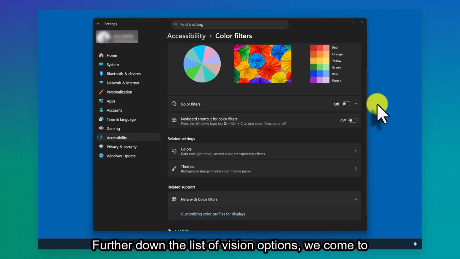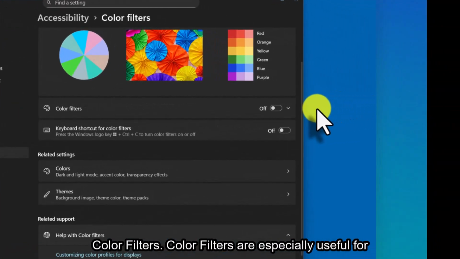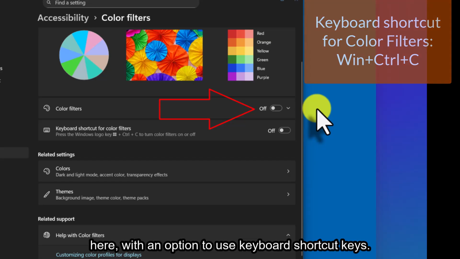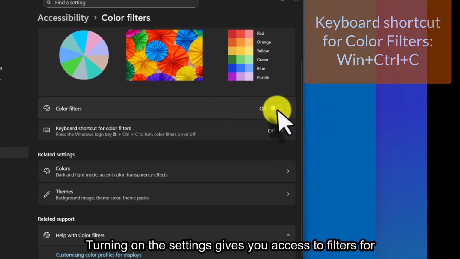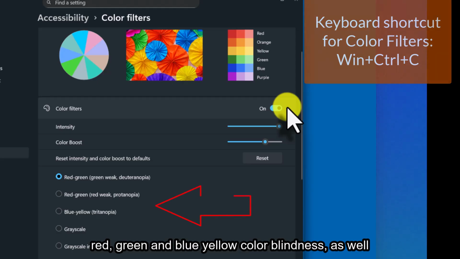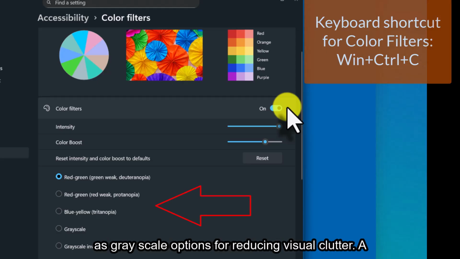Further down the list of vision options, we come to color filters. Color filters are especially useful for users with color blindness. You can turn them on here with an option to use keyboard shortcut keys. Turning on the settings gives you access to filters for red-green and blue-yellow color blindness, as well as grayscale options